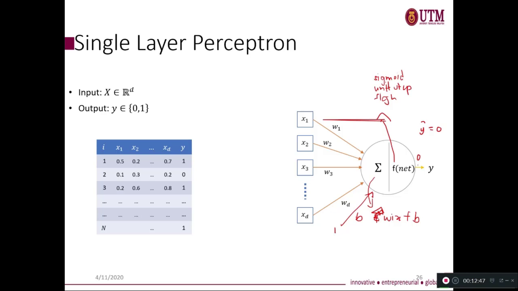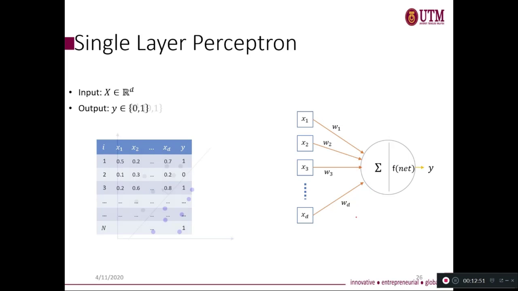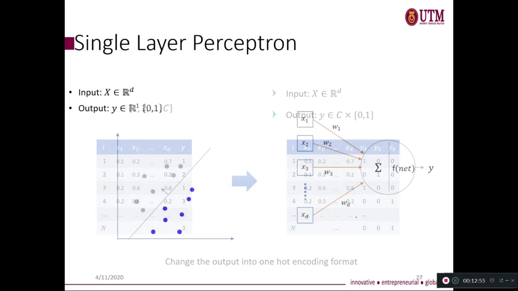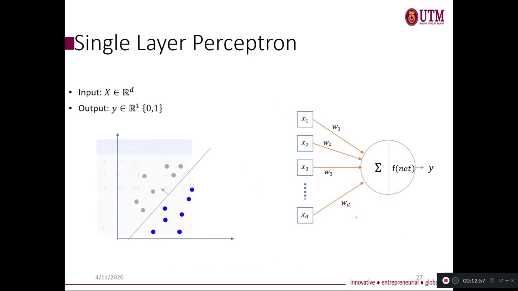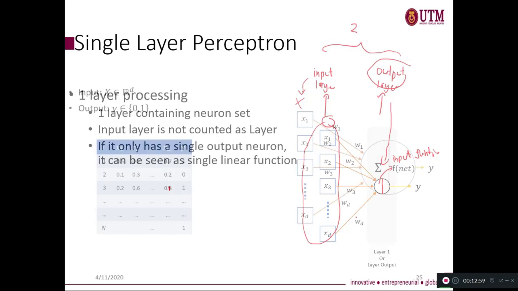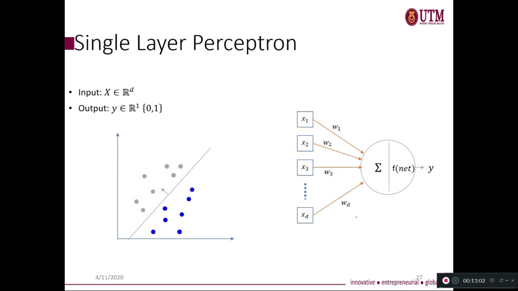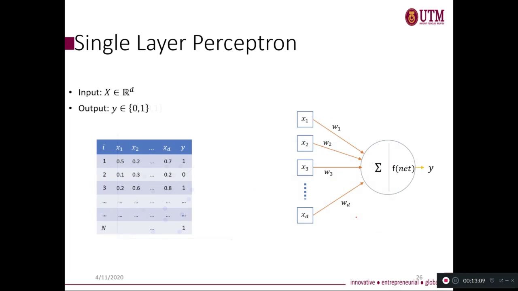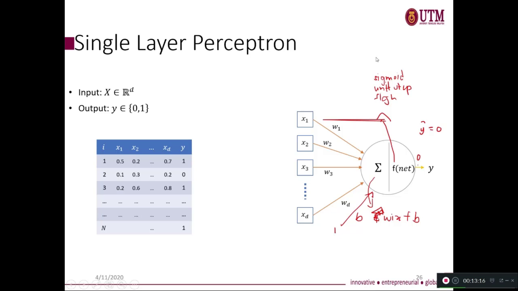The only thing that we change is just f, which is the activation function. So if you use either one of it, but of course the most popular one is the sigmoid function, then